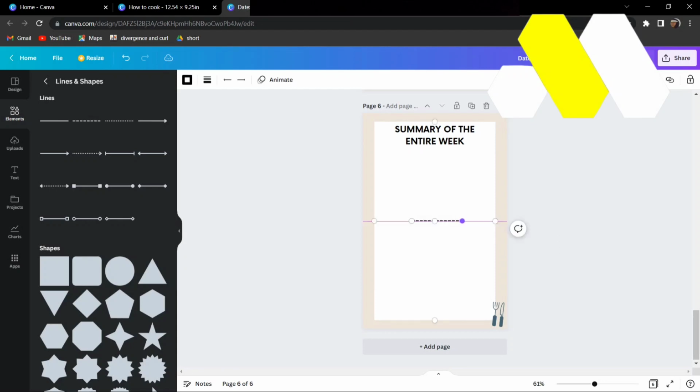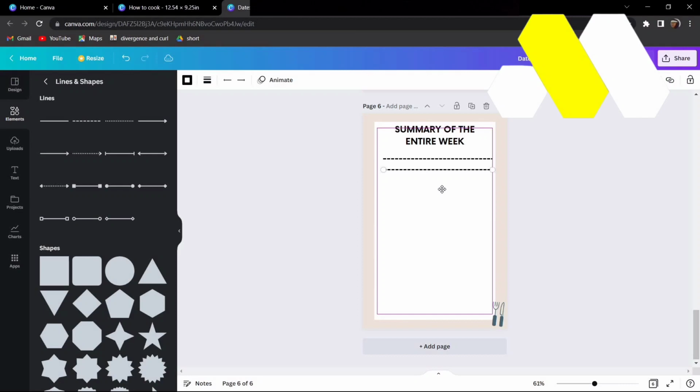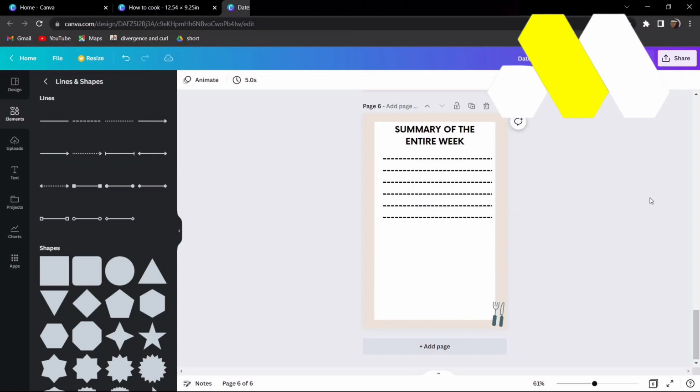So I want some dotted lines, so I'll just add this up to this, and this up to this, and I'll just take it up, and I'll just duplicate, and then I'll just add this and a few more lines like this, and there you go. I think this looks good, and you can duplicate it into how many pages that you had in your journal. And this is it for the